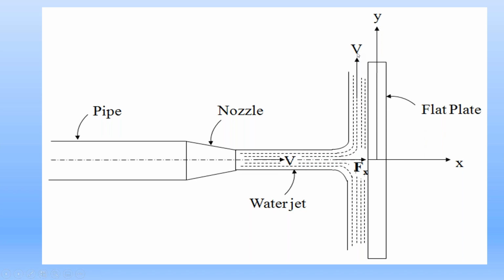Final velocity is vertical. So the final velocity with force Fx is making an angle of 90 degrees. Force Fx is horizontal. Final velocity v is vertical. So this final velocity v is perpendicular to the direction of the force Fx. Since the final velocity v is perpendicular to the direction of force Fx, the component of final velocity v in the direction of force Fx is 0.